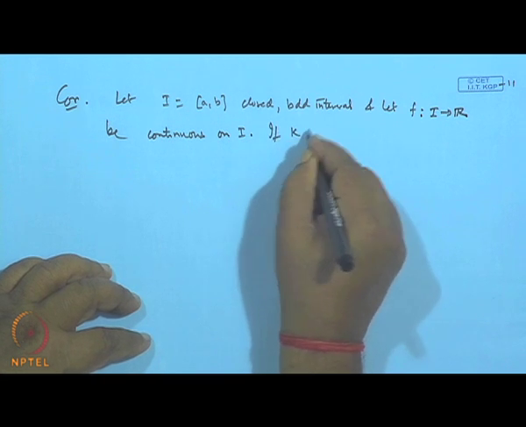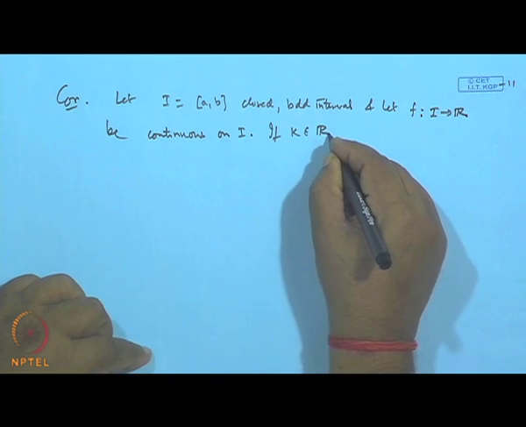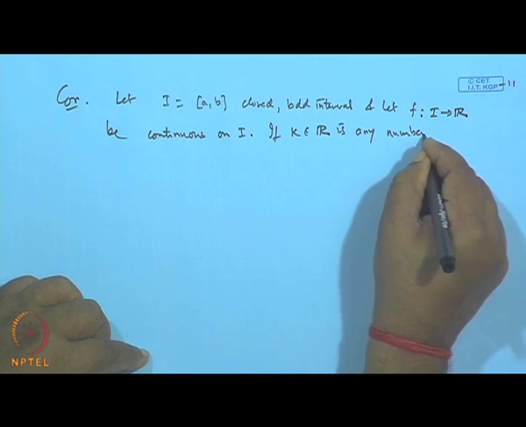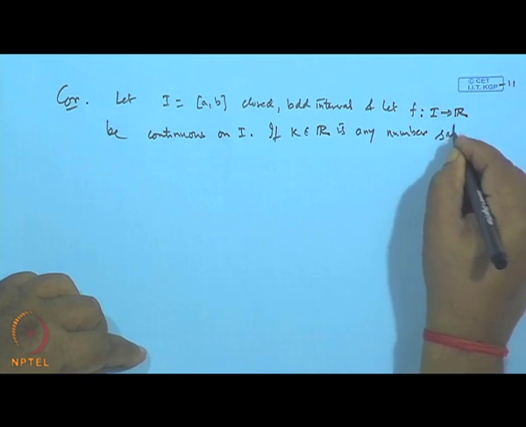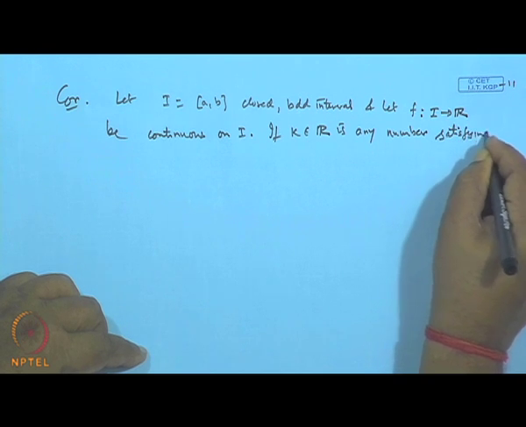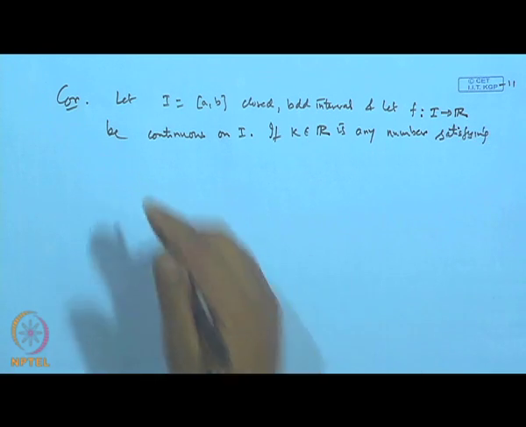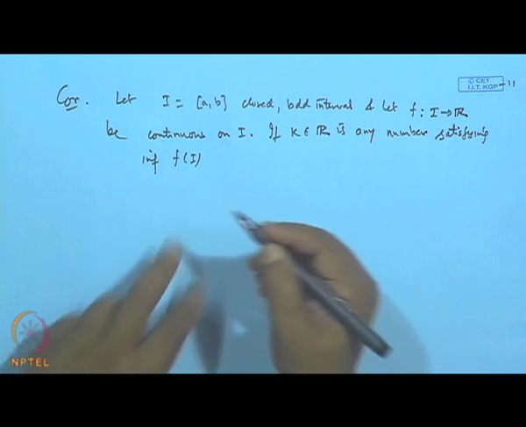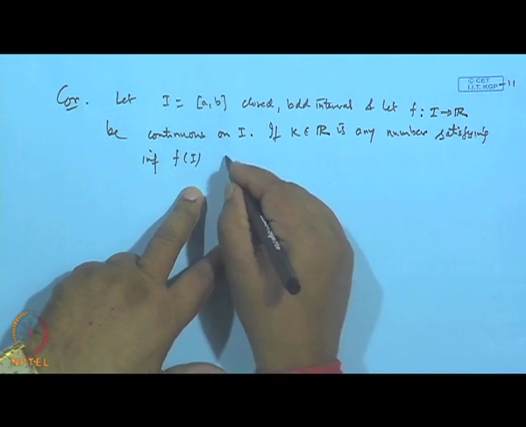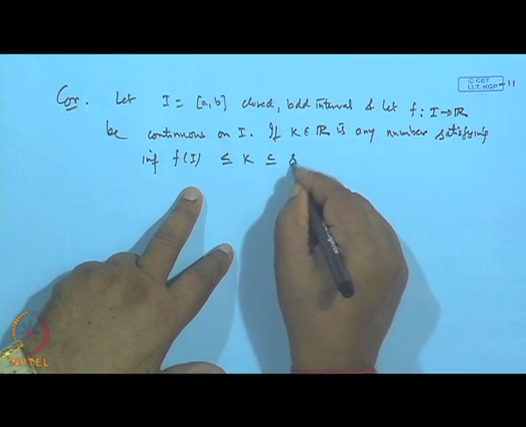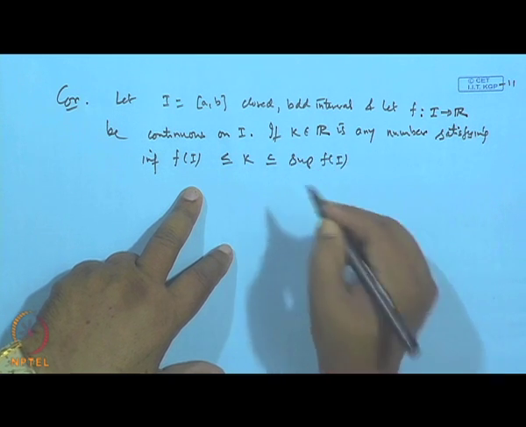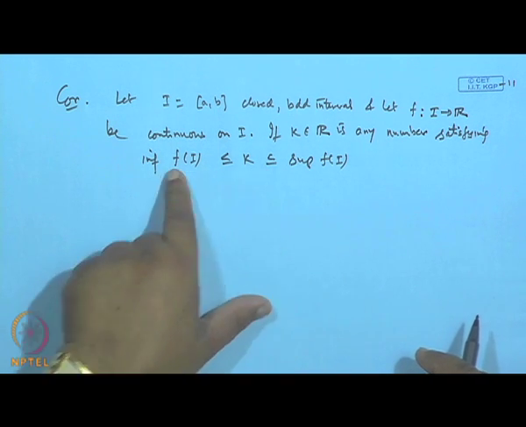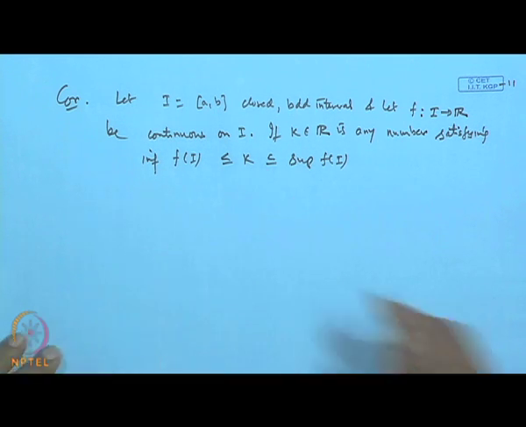Now, if k is in R, any number satisfying the infimum of f of I is less than or equal to k, which is less than or equal to the supremum of f of I, that is, the minimum value and maximum value. So, k lies between the minimum and maximum value, then there exists